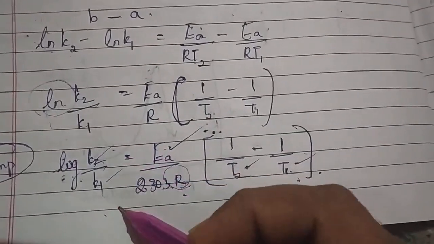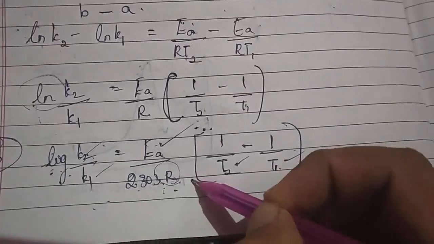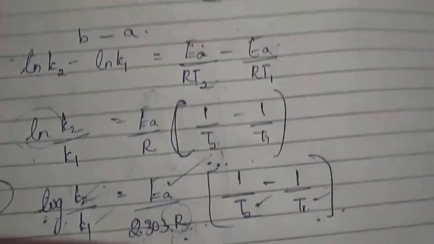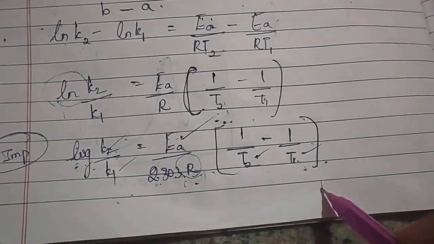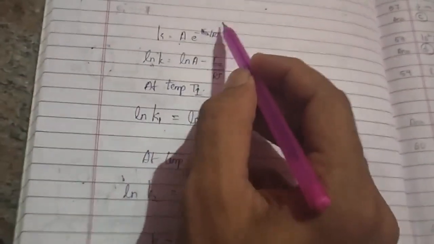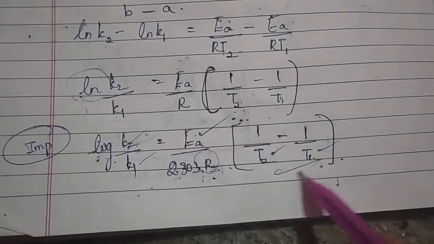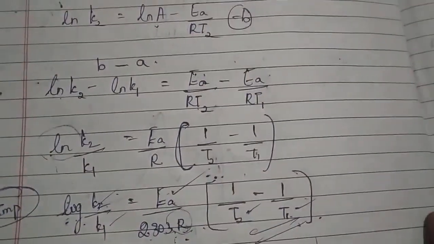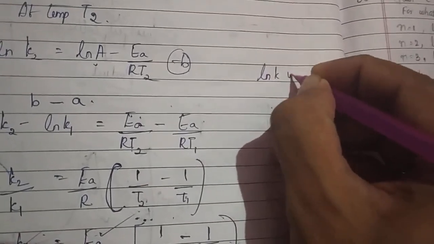Log of K2 by K1 is equals to what? EA divided by 2.303 into R of 1 by T2 minus 1 by T1. Remember, this formula is also called as an alternate form of your Arrhenius equation. Alva? Arrhenius equation actually namge idittu, which was very simple to understand. So this part, whatever we have obtained the final expression, it is also called as an alternate form of your Arrhenius equation. So if I am going to plot a graph, for example, ln of K versus that of your